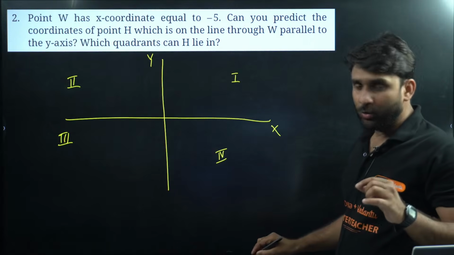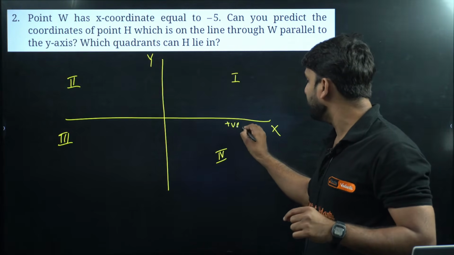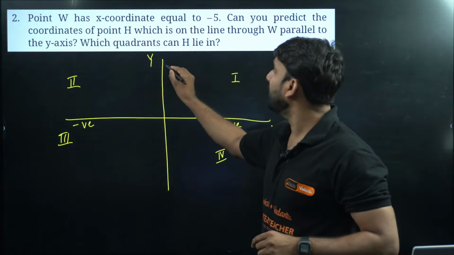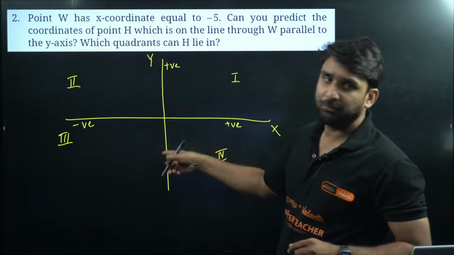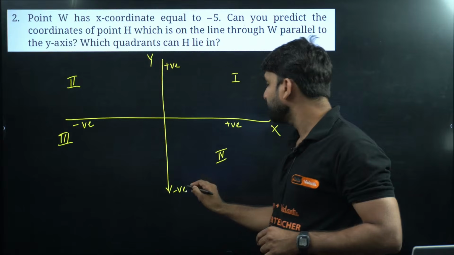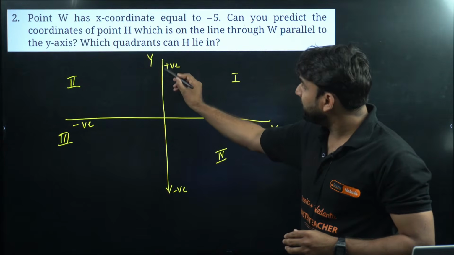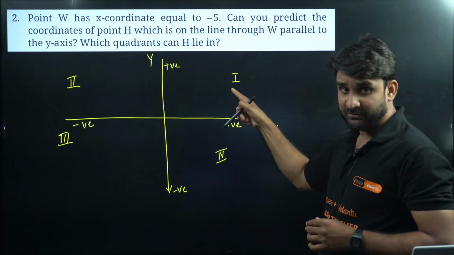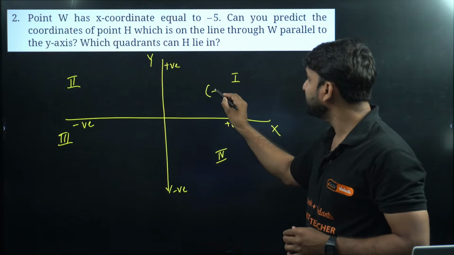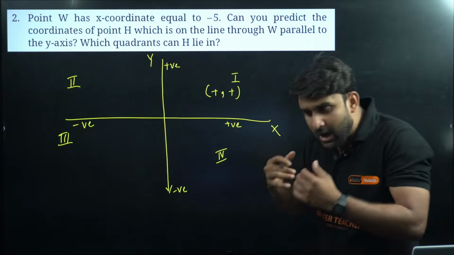And we all know here the x coordinate values are all positive, here the x coordinate values are all negative, here the y coordinate values are all positive upward from the origin, and downward from the origin all the values are negative. So my dear champions, the first quadrant is made up of this and this region, so x will be positive and y will also remain positive. Now the left side,